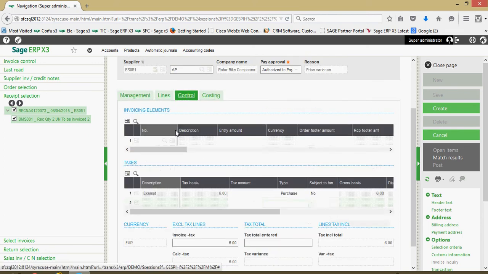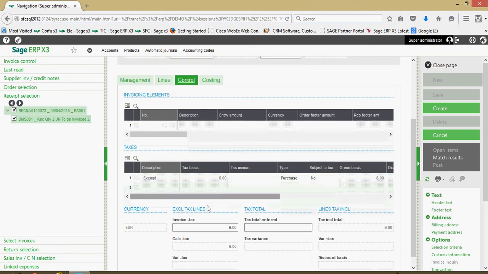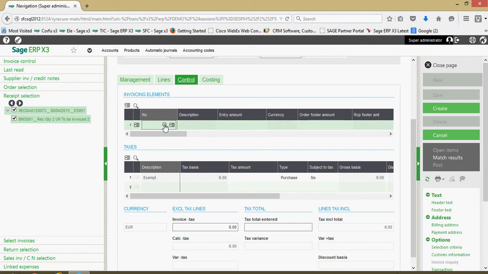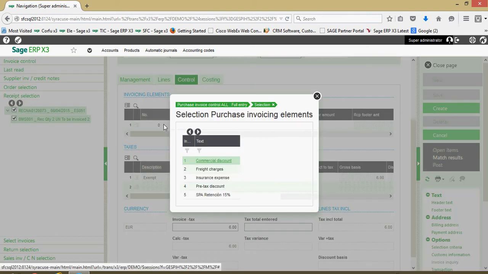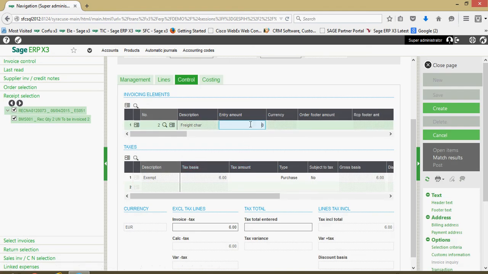Over here on the control tab, this is going to give you some summary information on the invoice in terms of any tax implications there may be, the grand total of the item. Like I mentioned before, we have this concept of invoicing elements. So here, if there's, for instance, some additional freight charges that I wanted to have captured, I could go ahead and click on that and express the additional freight. Okay, with all the applicable GL account information coming in from the purchase invoice, or the